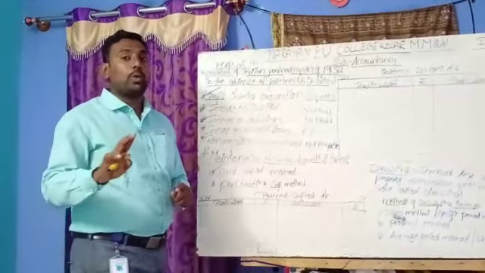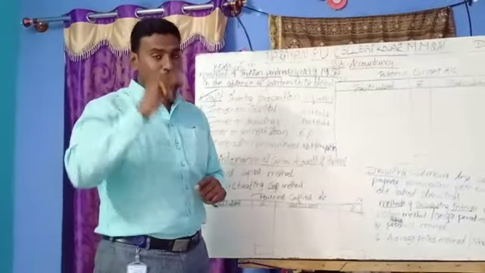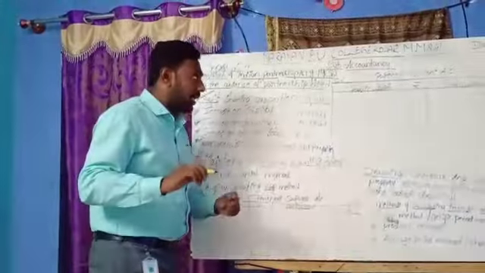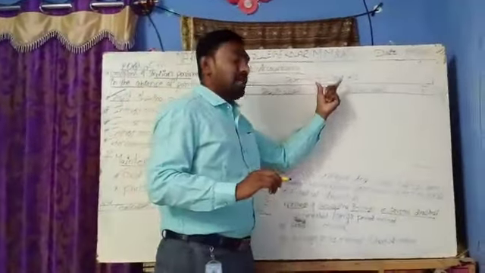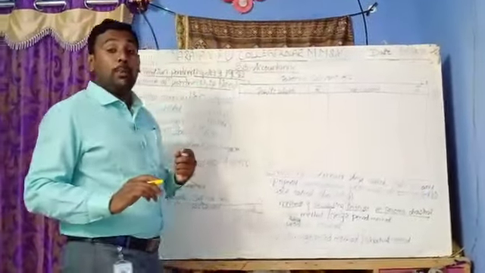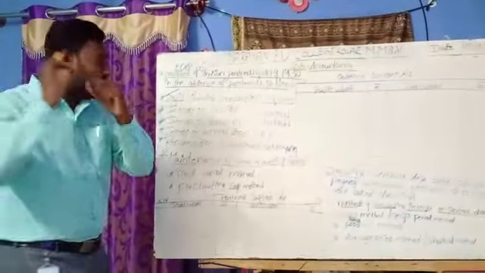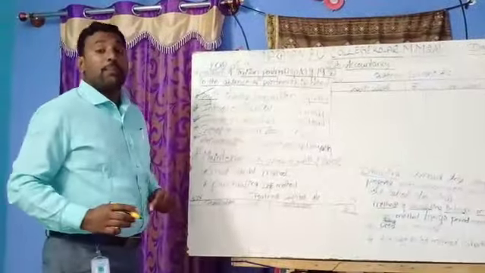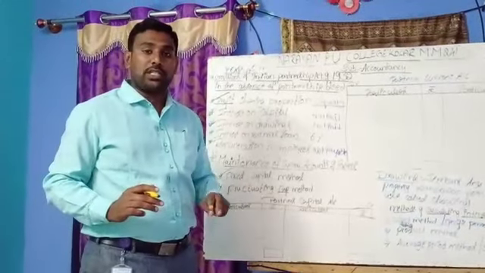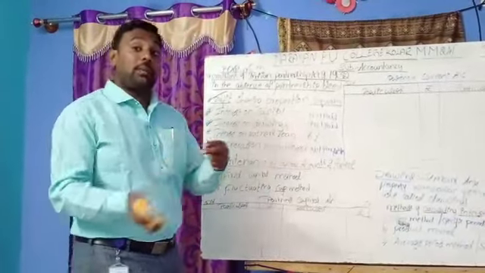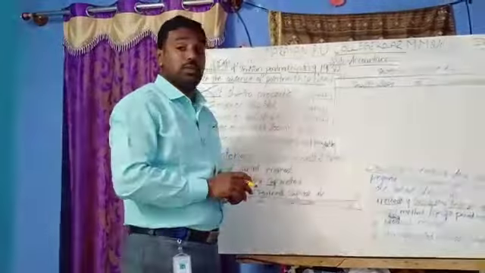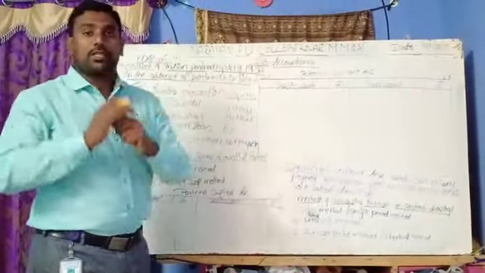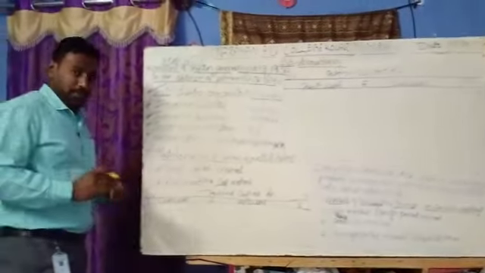So here we have to open or prepare two types of accounts. Number one is the partner's capital account. Another one is the partner's current account. By opening these two accounts, the method is called the fixed capital method. Here the capital transactions of all partners are transferred to the capital account, and the remaining revenue transactions should all be transferred to the partner's current account. That method is known as the fixed capital method.